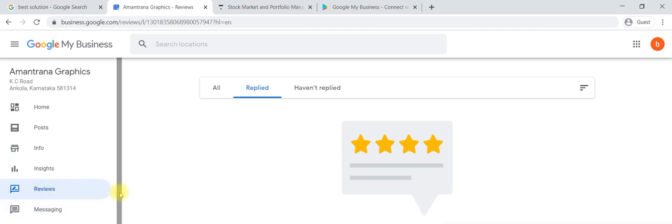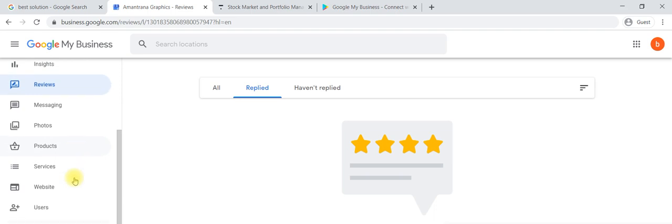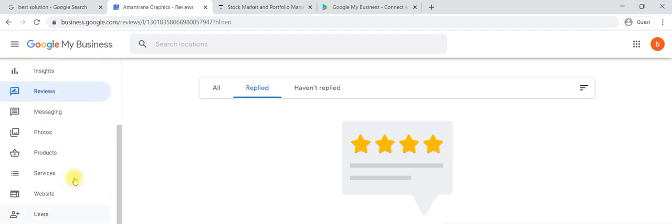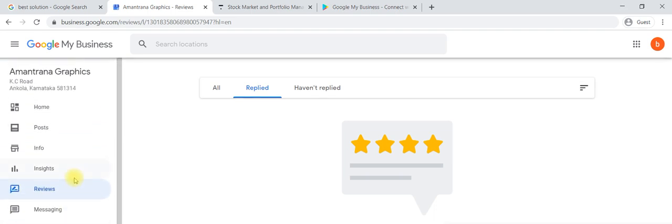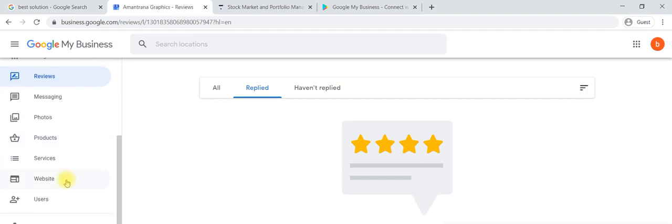This is all about how we can construct and manage a Google My Business account. One thing we haven't discussed is the website. We will discuss the website when it comes to Google Sites, where there is much more customization we can do. For that reason, I will take up website building in Google Sites.